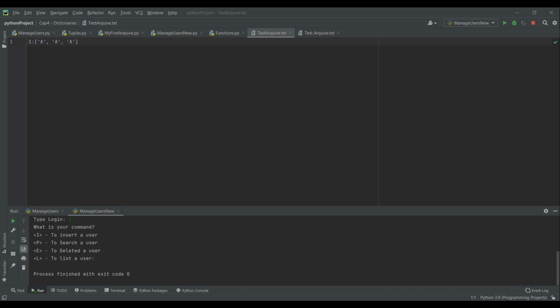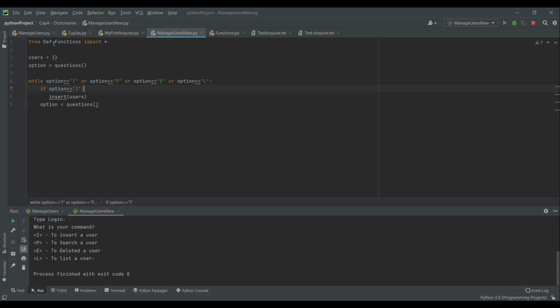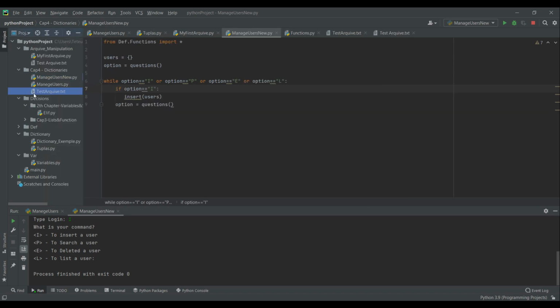Basically, in Python and in several programming languages, for what I know, we can create another file like this one that contains information. One thing you need to know about computers is that we have two types of information. The first is the hard drive, or permanent, or long memory.